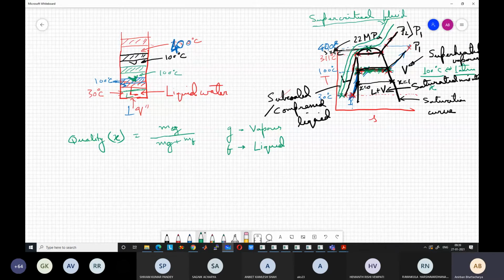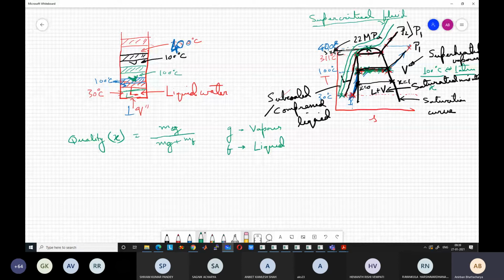It is slightly higher, meaning at a very high temperature. When you are increasing the pressure, the boiling point also increases, meaning the saturation temperature also increases, and you are at a much higher temperature. So at this very high temperature, the entropy of the substance is higher. It is not that you are at the same temperature.